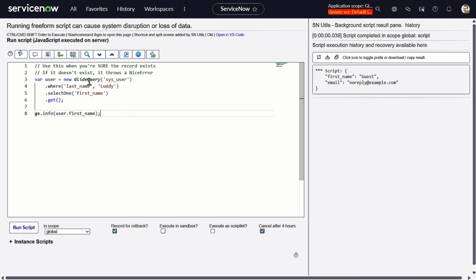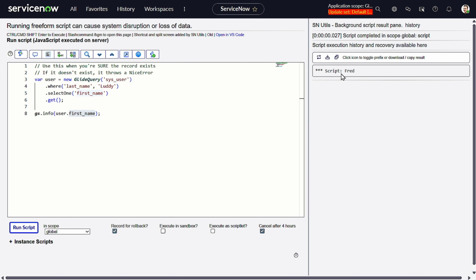So what I'm doing: GlideQuery on sys_user, last name is Ludi, first we want first name and we just do select. Okay, and we want first name to be returned. If I run this in a happy scenario, we got Fred. But if I screw it up, if I make it moody with get, I'm using get over here, and I run this out,